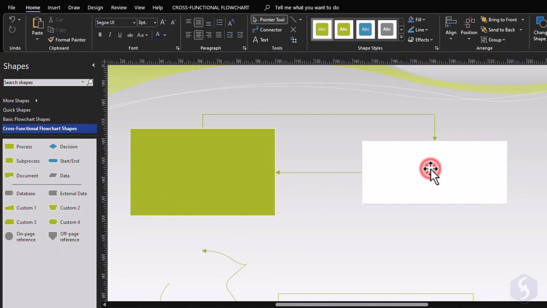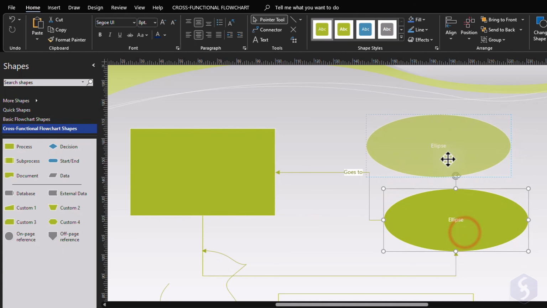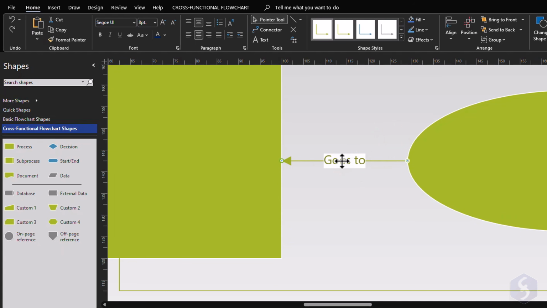You can also double-click on any shape or connector to add some text inside. This text is not independent and follows the modifications made on the object. You can place it with the yellow node and edit its properties from the Home tab.